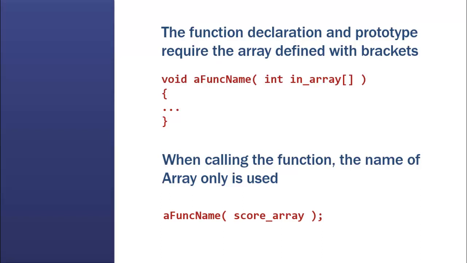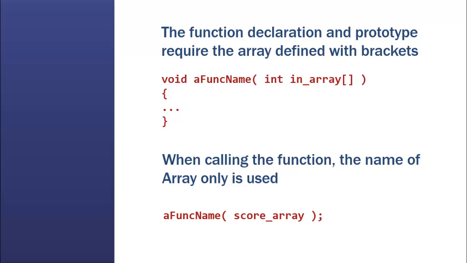So as you see in this example, we have function name, and we're going to pass an array of integers. We don't pass the size within the brackets, but the brackets tell the compiler that you're passing an array, and that automatically makes it a